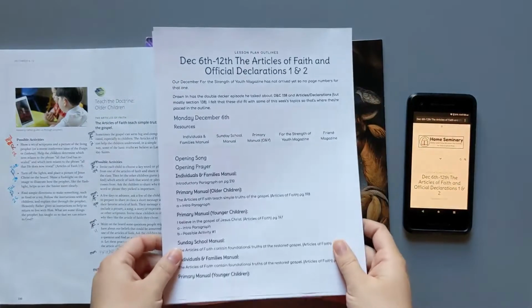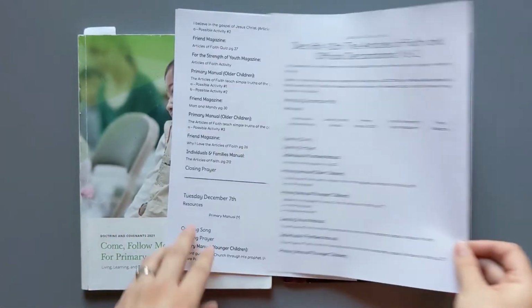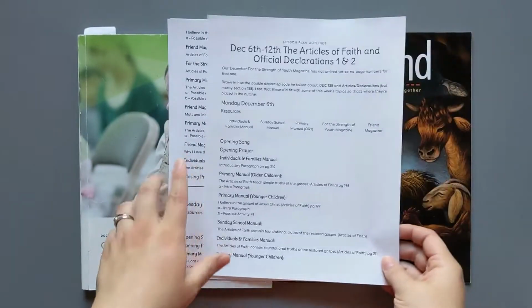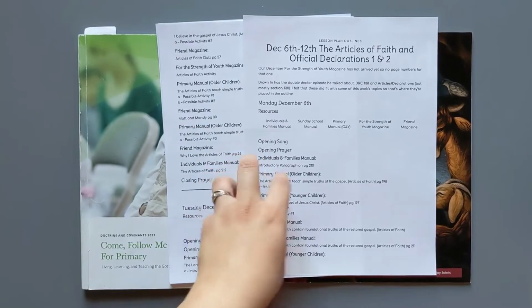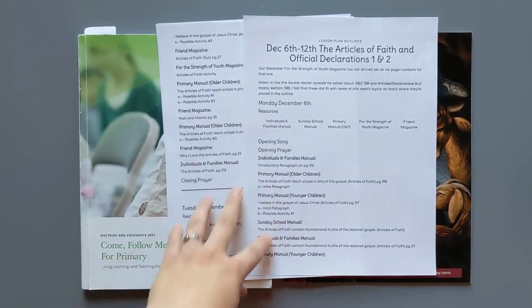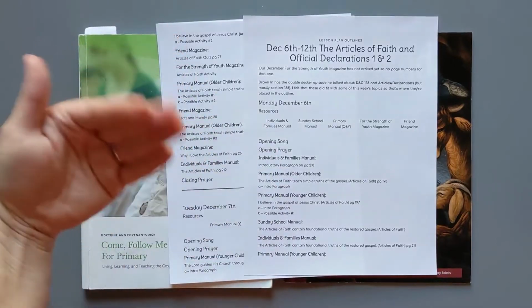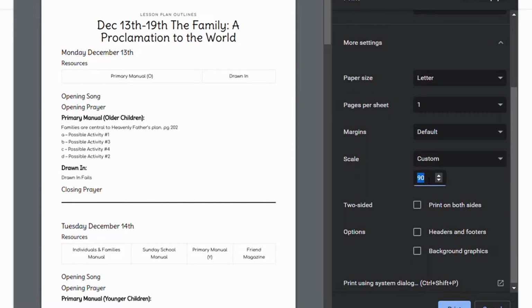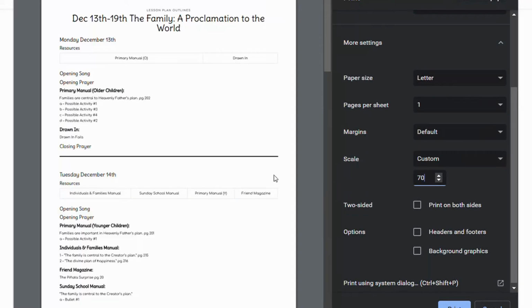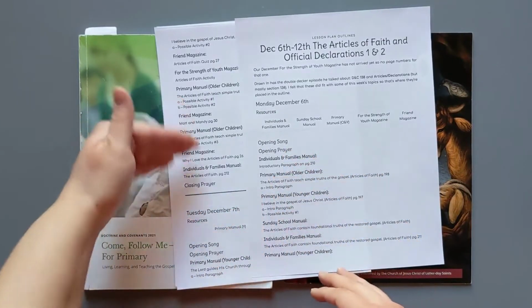There's also the option of printing out the lesson plan. Now, this is not my favorite because it will transfer onto the next page, and we don't really have a way to fix that printing wise on the website because the length of your outline changes depending on which resources you click on and off. However, I did find when I was printing it through Chrome, I could adjust the scale of the document and it would still fill the page. It would just somehow make the font small enough that it would bring things up.